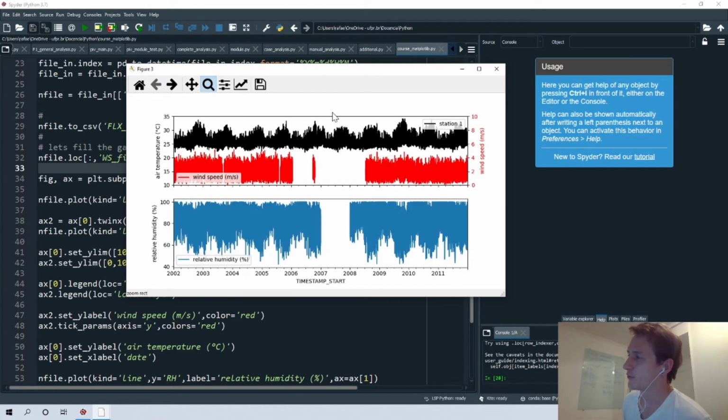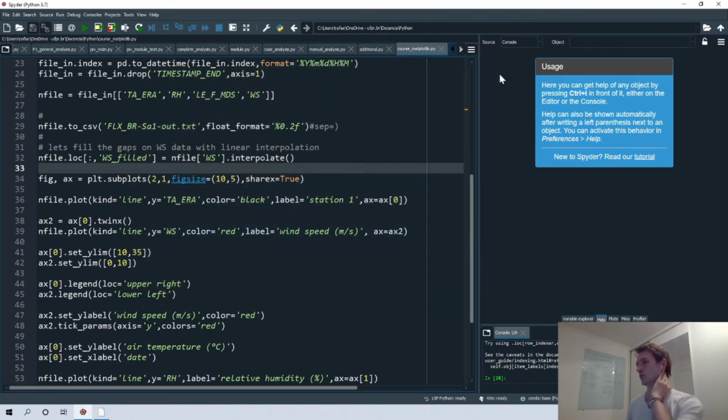But that function is not only good when you have this interactive panel, but also when you want to keep the range of your y-axis, for example, or when you want to compare the magnitude of different plots, so you keep the range of the y-axis the same for all the plots that you have in the same figure.